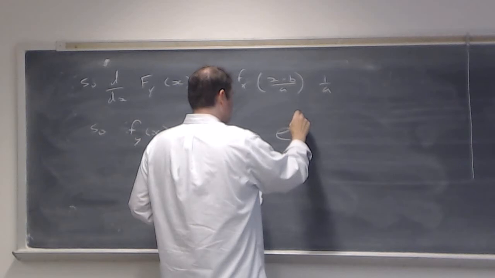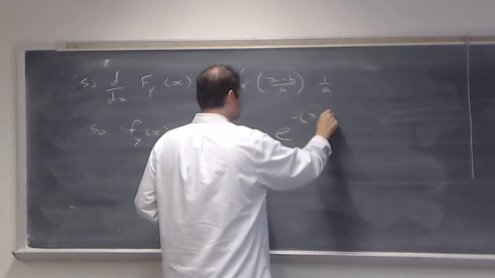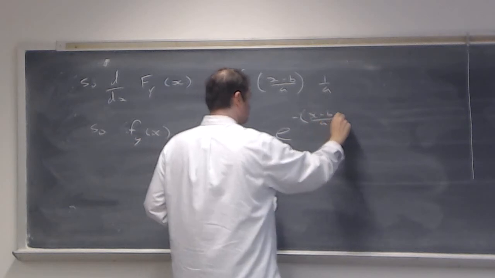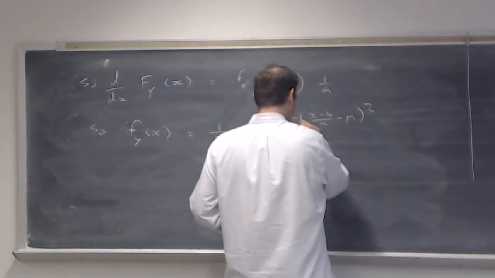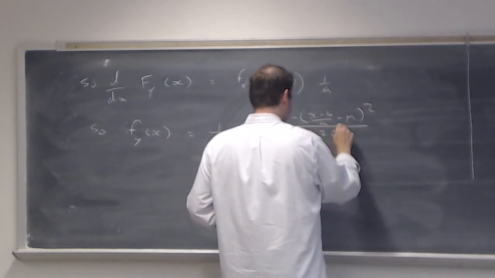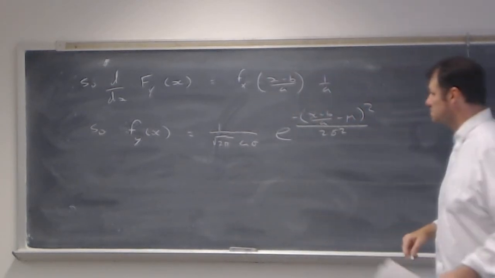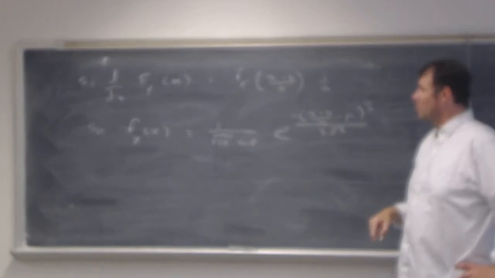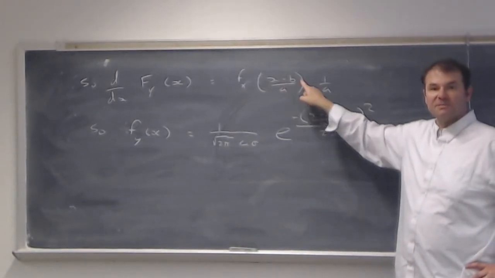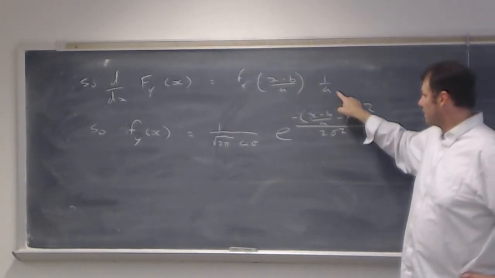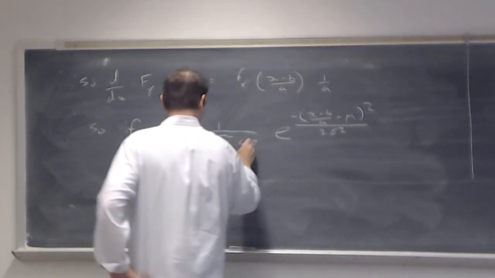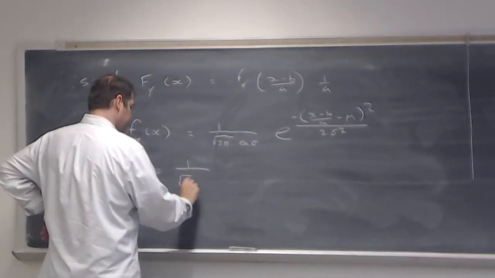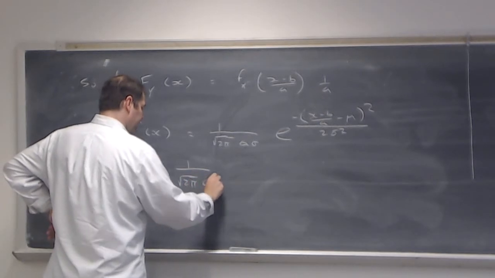This is e to the minus x minus b over a minus mu to be squared all over 2 sigma squared, because that's what the PDF of x would be evaluated at x minus b over a, and then the 1 over a goes here. And that's equal to 1 over the square root of 2 pi a sigma